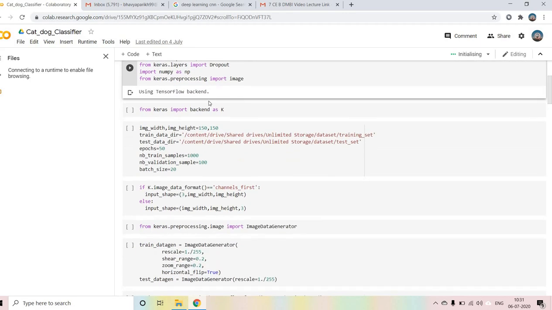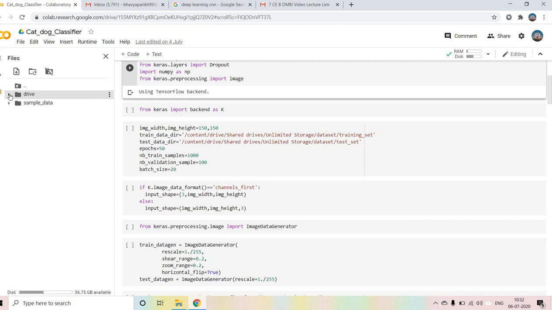Not a problem. I have defined all these things over here first. What the image height and width are, you can define first over here, or if you want to do it later, it's going to be used later. If you declare it over here and want to make changes, these are our hyperparameters. If you tune these, you will get better results.